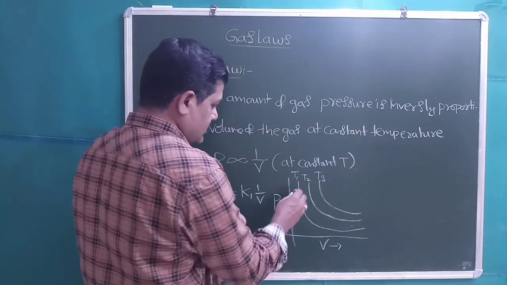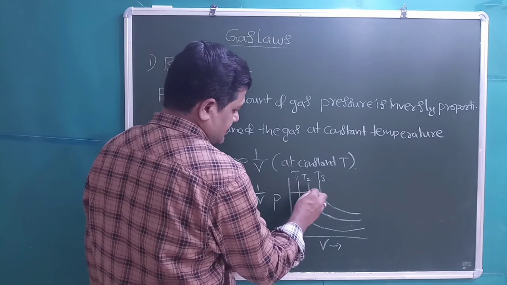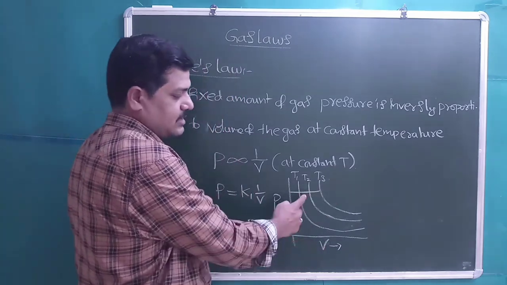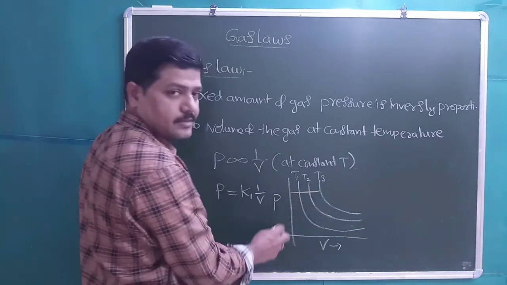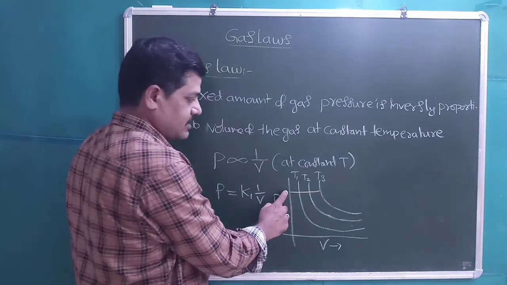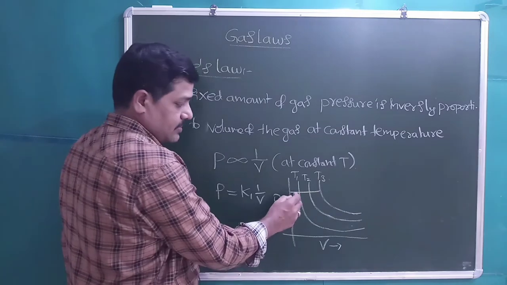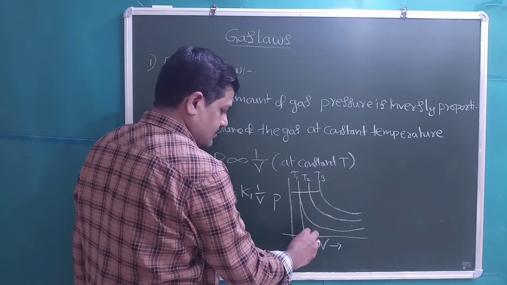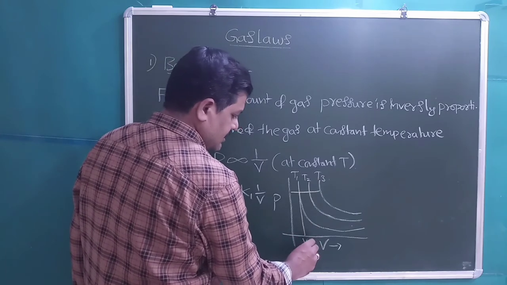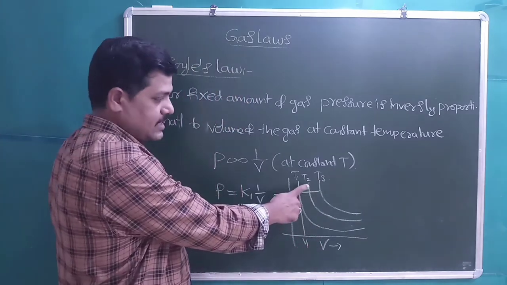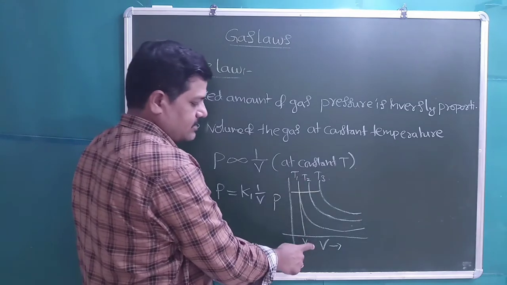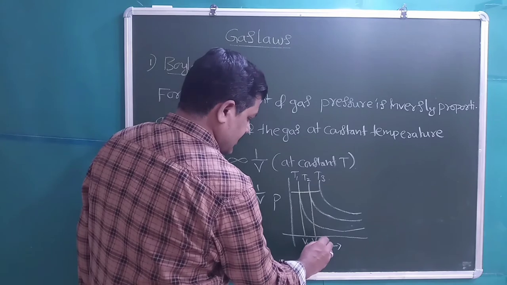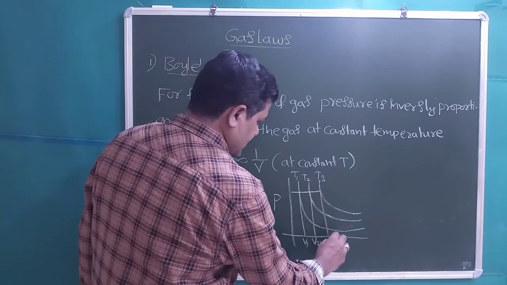Then what we will do is, we will keep the pressure as a constant. We will draw a straight line parallel to the x-axis such that it will cut these 3 graphs. Pressure we are keeping it as a constant. That means for a given pressure we are observing what about the volumes for the different curves. Here the corresponding volume for the T1 curve is V1. For T2 it is V2. For T3 it is V3.